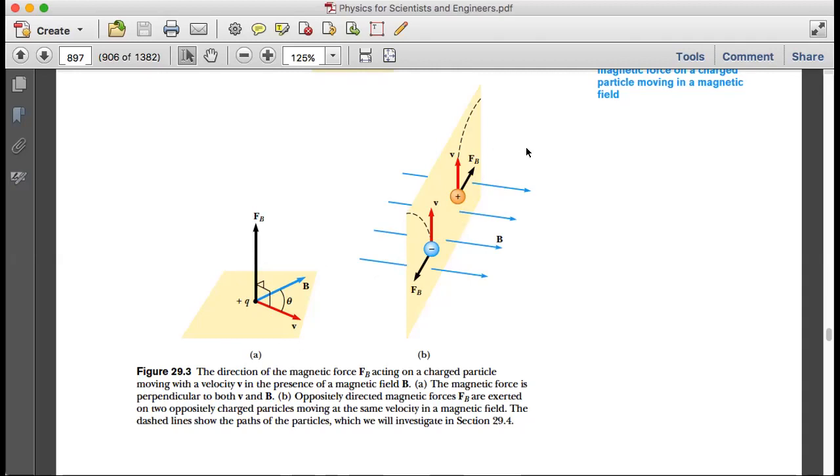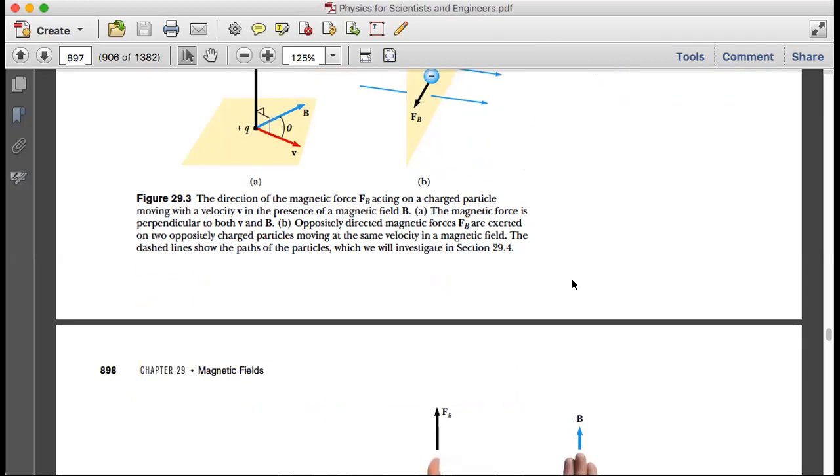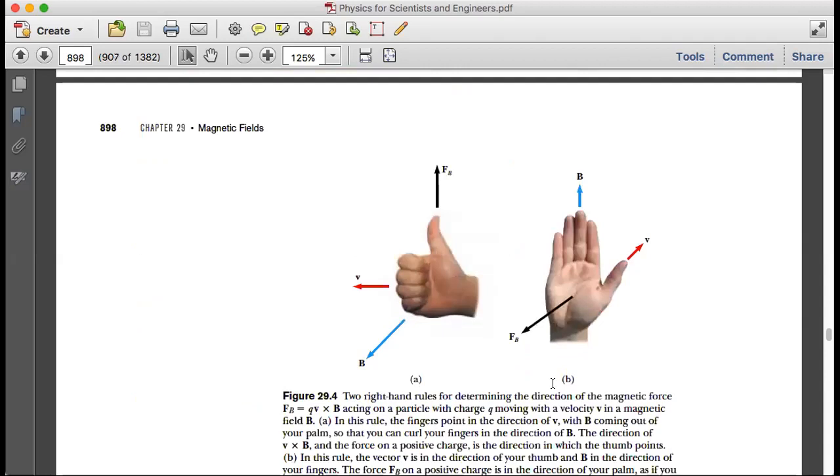Nah, kalau kita lihat yang sebelah kanan, kalau dia negatif itu artinya bergeraknya ke sebelah kiri, kalau yang positif dia sebelah kanan. Jadi dia berlawanan. Seperti itu. Nah, ini aturan tangan kanan.